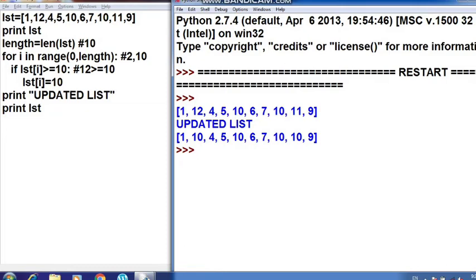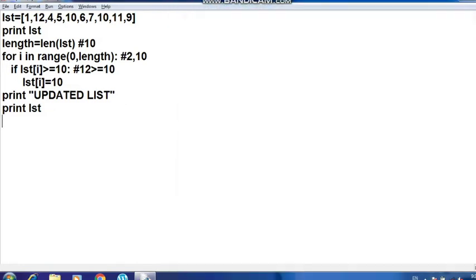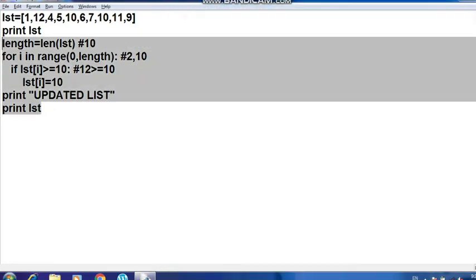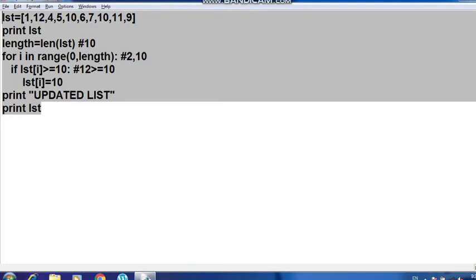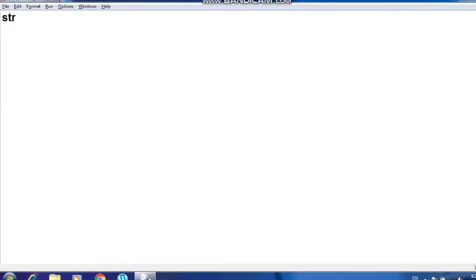Now moving forward to the second question, wherein we want to take the strings defined by the user and print each particular string with the first character removed. So let us define a string here.